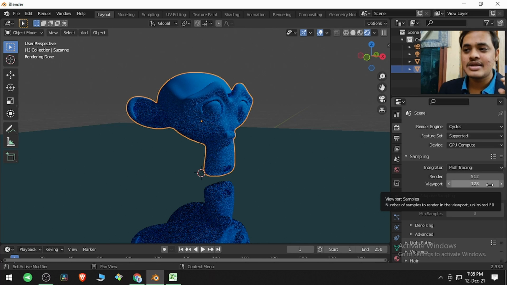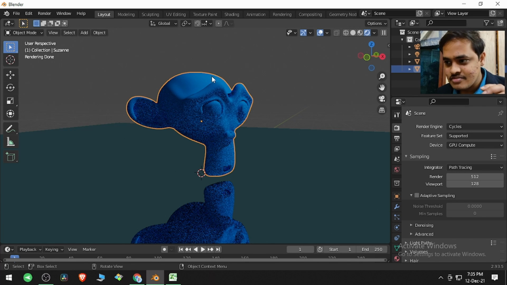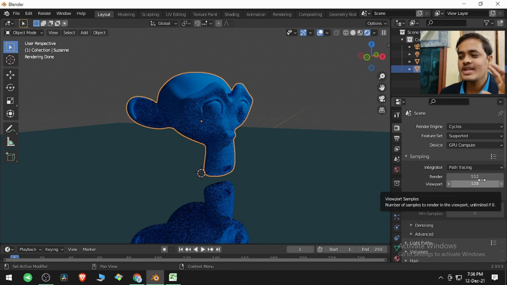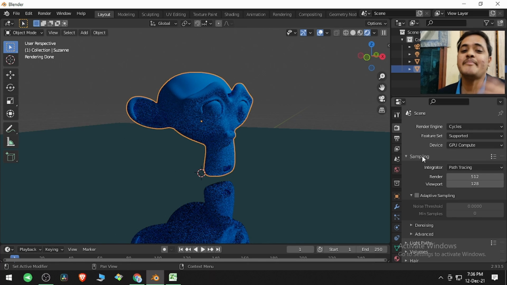If it is lit, then it will be a brighter color. If it is not lit, it will be a darker color. So how many rays should come out of the camera, that is defined by this parameter, and it is called sampling. How many samples do you want to project out of the camera into the 3D scene?